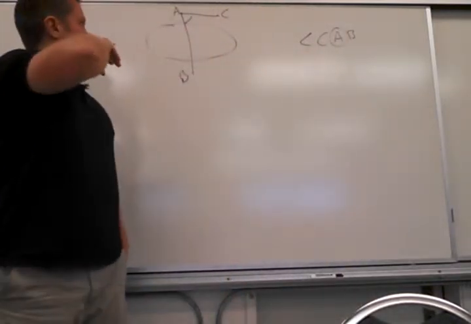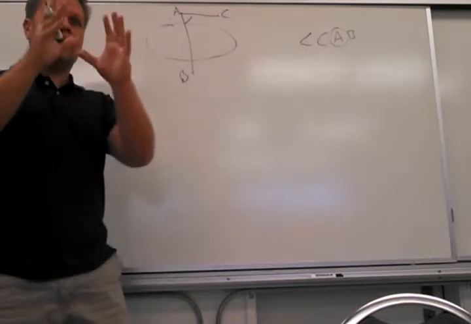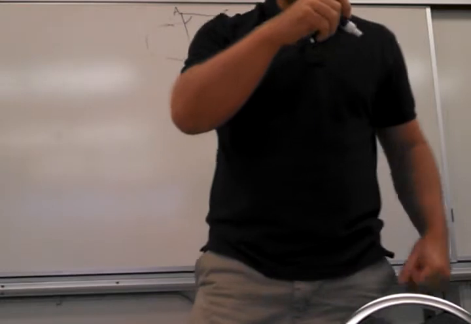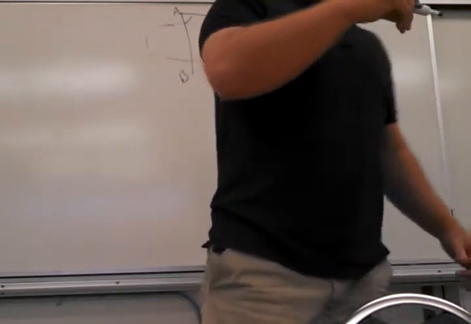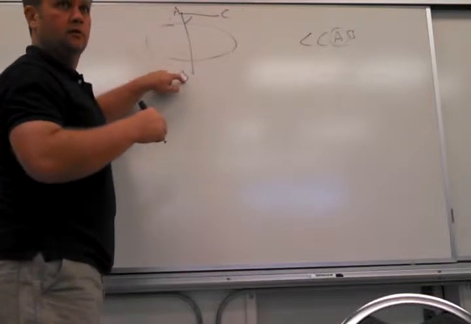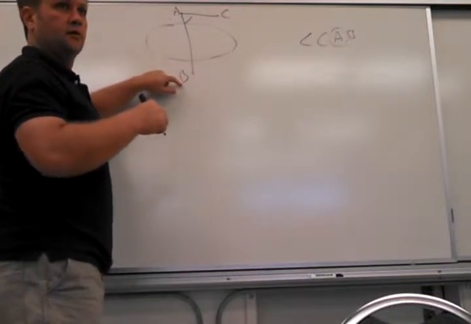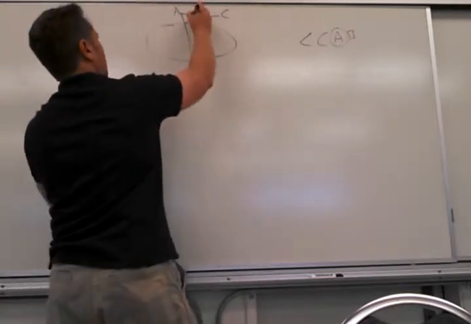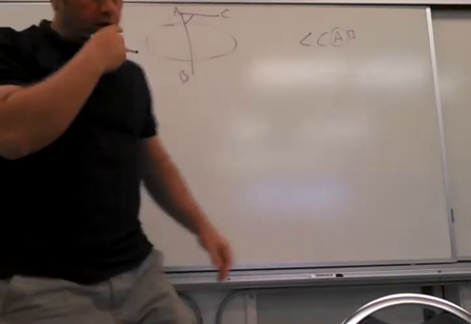Well, I didn't know that. That's why I drew it wrong the first time. CAB keeps you straight. A is in the middle. Because I had A, C, B. I didn't know that, and there was nowhere where it said it. Oh yeah, C, A, B would have worked too. So C, A, B,